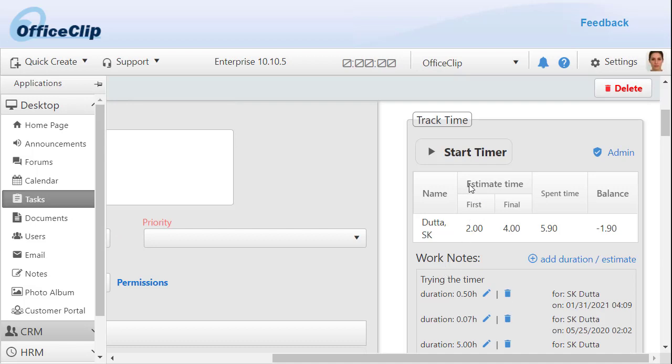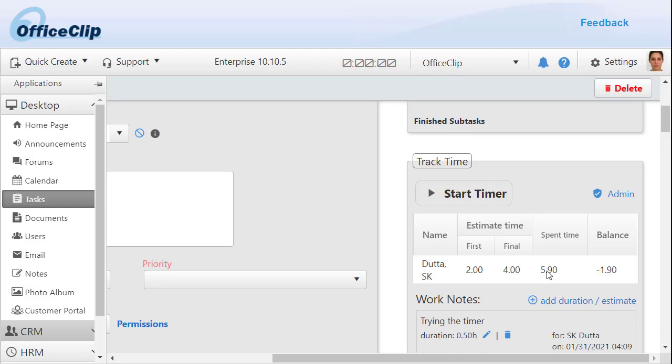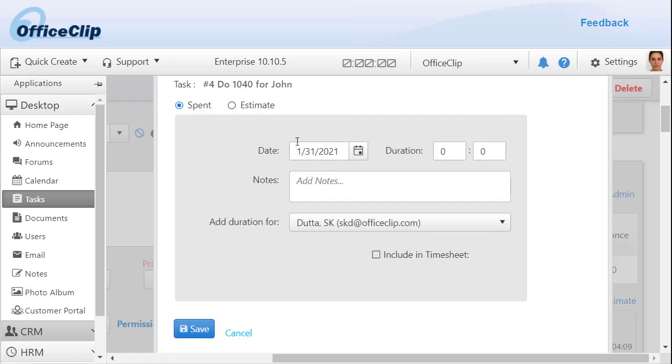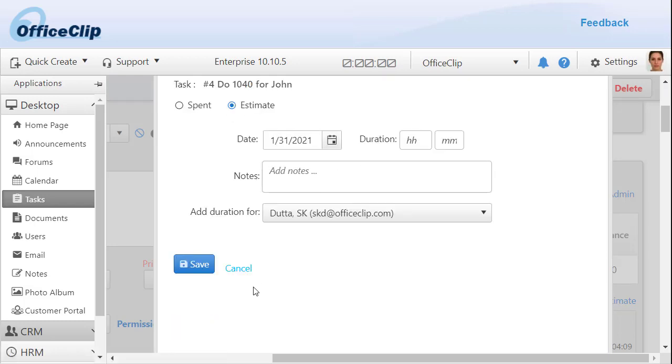In addition to that, you can also add the estimated time here, and we capture 2 estimated times. One is the very first estimate, and then as you go on working on the task, you can change the estimate, so this becomes the final estimate. And finally, the spent time will come over here, how much time you spent on the task, by adding all these other times here. In this case, the balance is the difference between the estimated and spent. It is negative because you spent more time on the task than the final estimate. So in order to add the estimate, you can also go in here and click on the estimate and add estimate with the note.